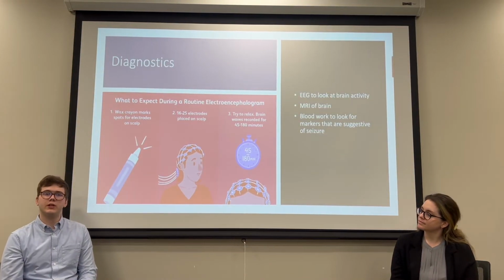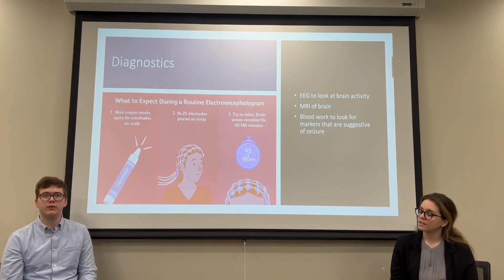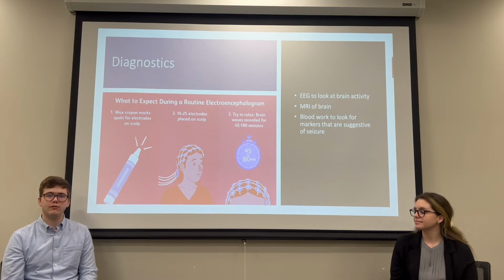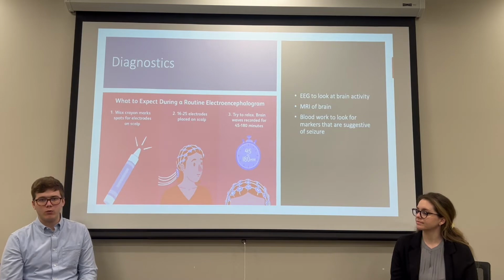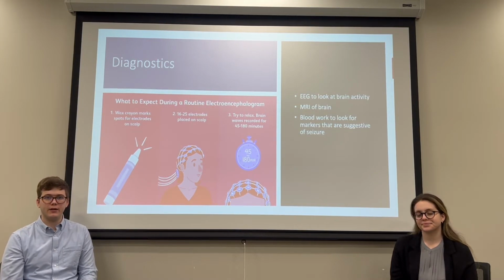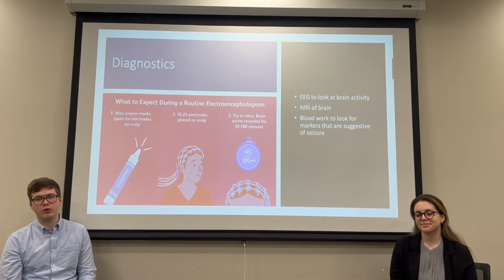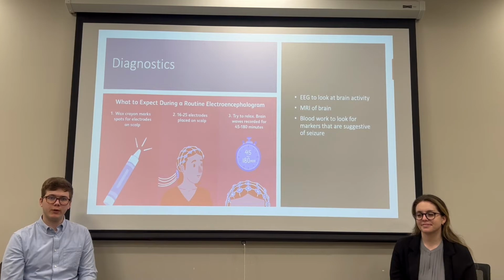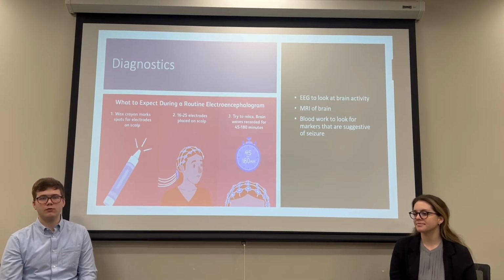So let's discuss some of the diagnostic workup you might find whenever you have a seizure. The first is usually an EEG, or electroencephalogram, where a network of nodes are placed on your head, and a physician will then read the brain waves that they take from those sensors to find the seizure. Also, a picture of your brain might be taken through an MRI. And lastly, there's usually some blood work where they look for blood abnormalities that could indicate you have a seizure.